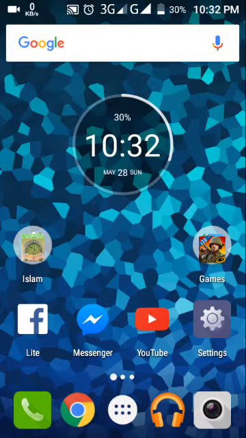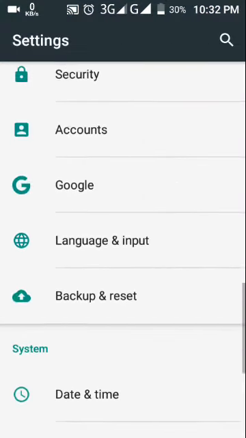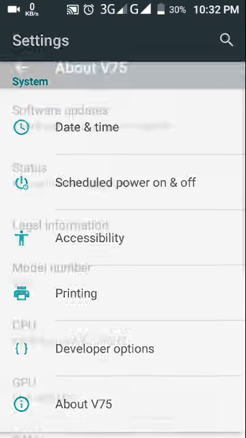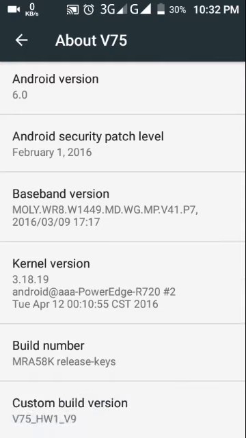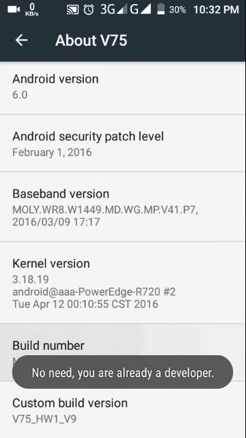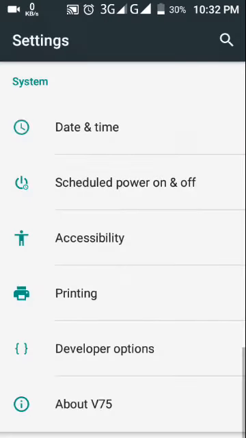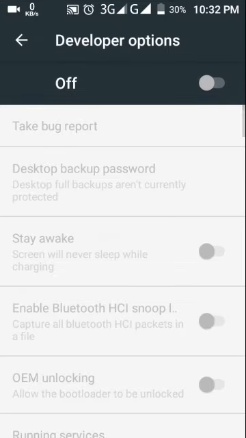So the first tip is go to settings, go to about device or about phone, scroll down to build number, tap on the build number at least 10 times until it says you are a developer now. Then go back, go to developer options, this will appear, turn it on,